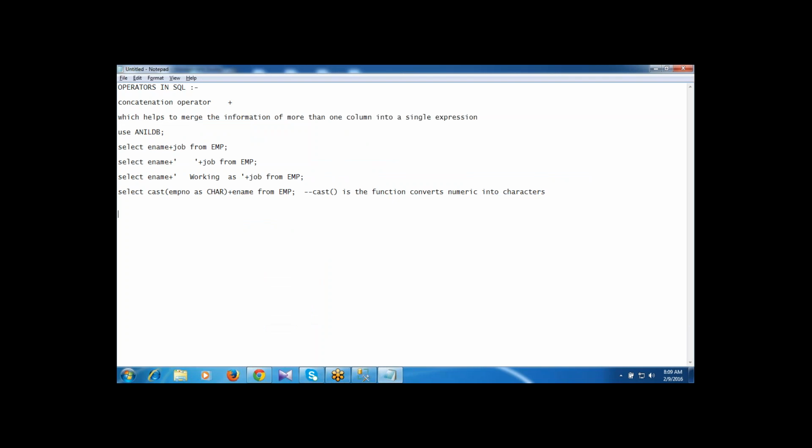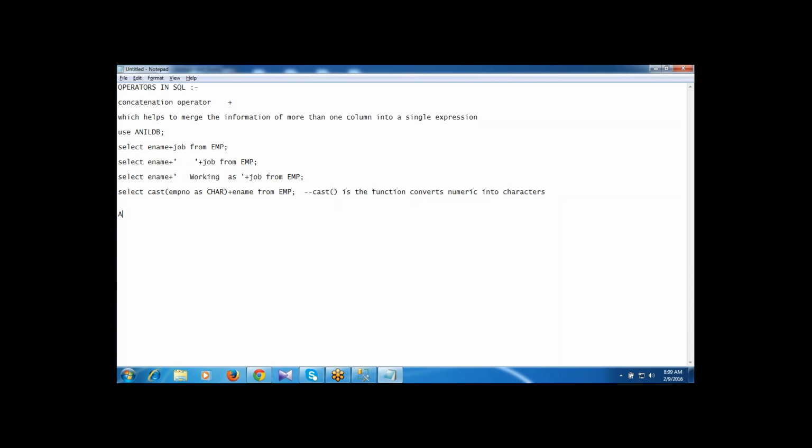If you want to merge a number data type column with a character, then here we use the cast function. Cast is the conversion function, type casting. I'm converting from one data type to another data type, here numeric to character.